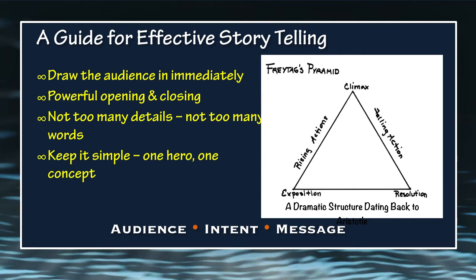The 3 stages are at the corners of the triangle. Exposition, climax, and resolution are equivalent to beginning, middle, and end. All right. Between those 3 stages of the story come rising action and falling action. But when we break it down to its most basic components,